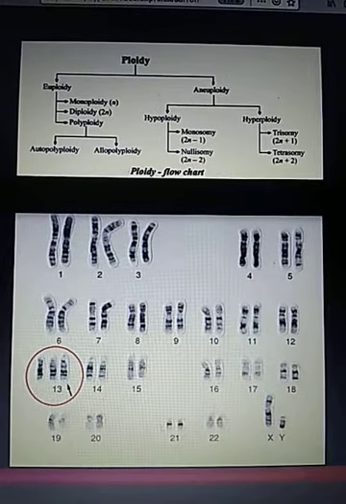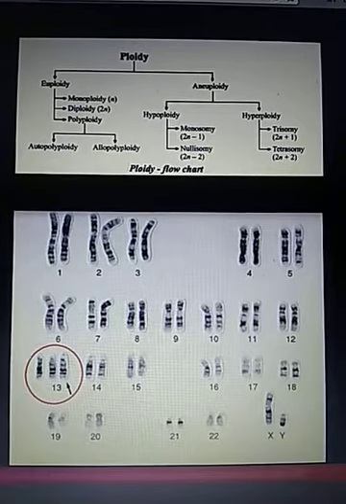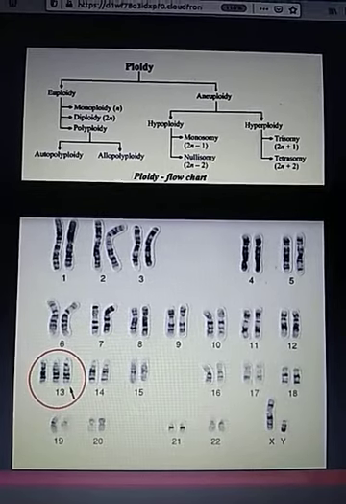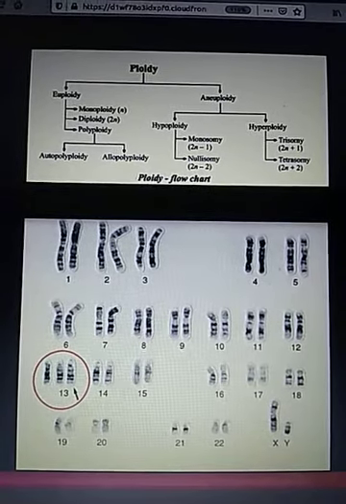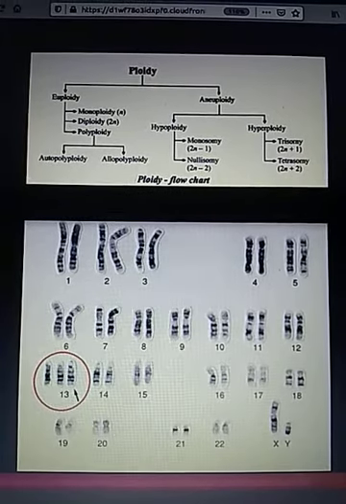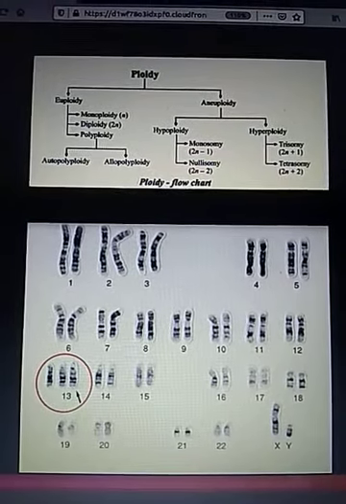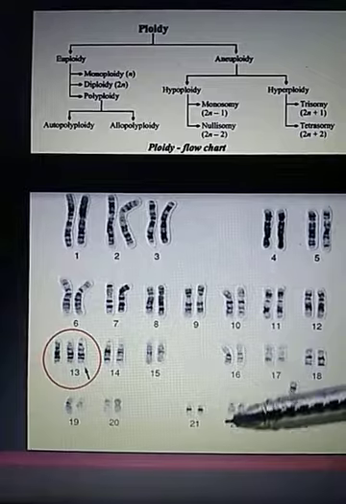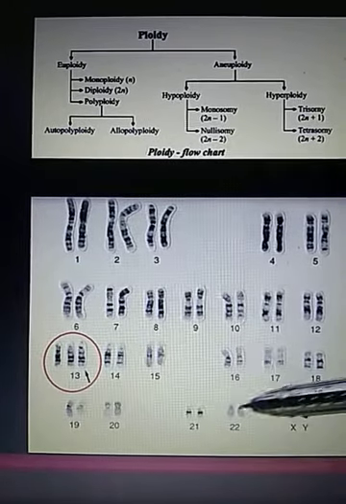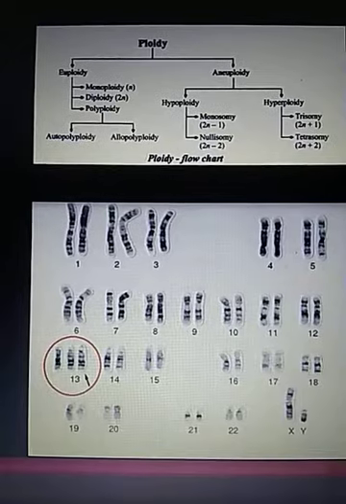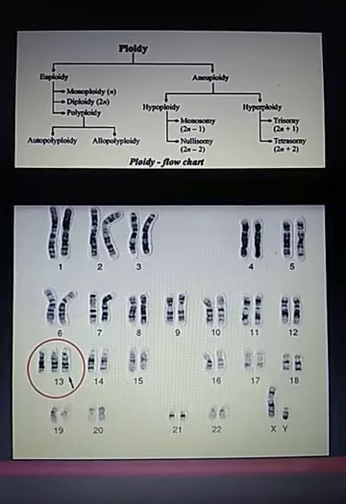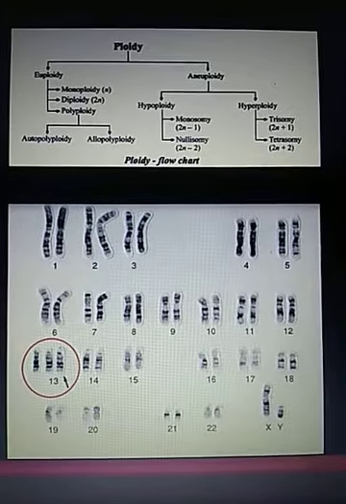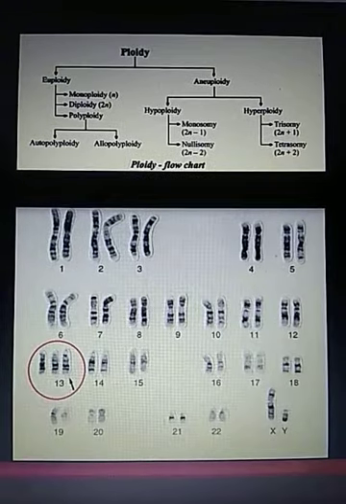Now let us talk about tetrasomy. Tetrasomy is a form of aneuploidy with the presence of 4 copies instead of the normal 2 of a particular chromosome. It is also lethal. For autosomal tetrasomy, we can take the example of cat-eye syndrome, where tetrasomy of chromosome number 22 is present. See, if chromosome number 22 gets doubled, and this one gets doubled, then a total of 4 chromosomes are present. This condition is known as tetrasomy of chromosome number 22, and it leads to a syndrome known as cat-eye syndrome. So these are the examples of aneuploidy.